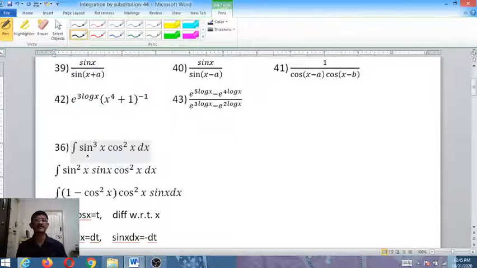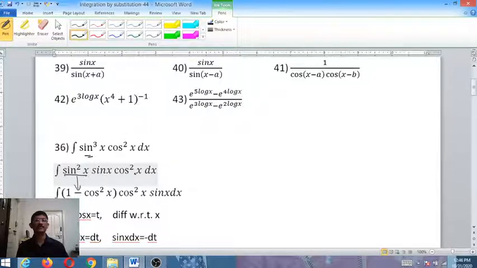Now look at here. This is cube for sine function, isn't it? So whenever sine cube x or tan cube x is there, apply the trigonometric formula. If it is cube, write as sine square x into sine x into cos square x as it is. This sine square x write as 1 minus cos square x. If it is tan square x, write as secant square x minus 1.